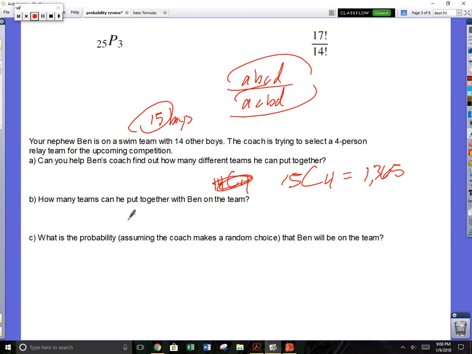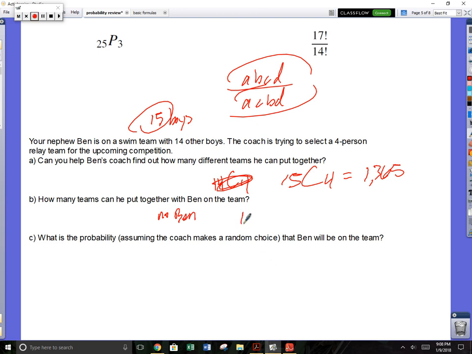I can't remember what Mindy did, but if we find out how many teams without Ben, so let's say Ben is not there, no Ben exists,